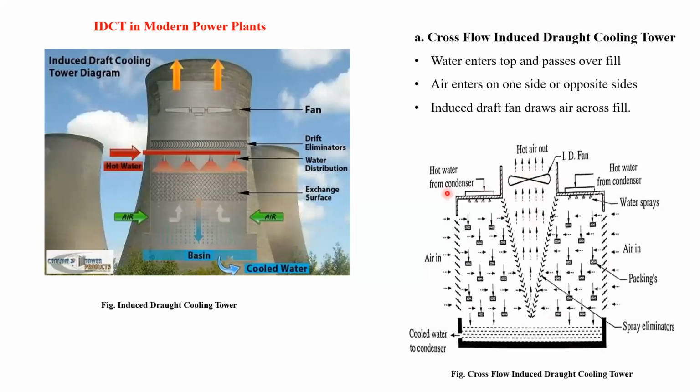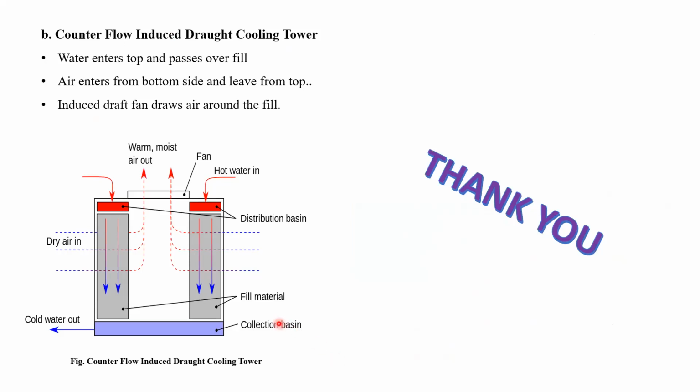When hot water flows through this header, the water sprays through the nozzles and falls onto the fills and packing. Then there are the drip eliminators, which eliminate the droplets flowing along with hot air, and the water gets cooled and taken into the sump, and this cooled water is taken to the condenser with the help of a pump. Then the last one, counterflow